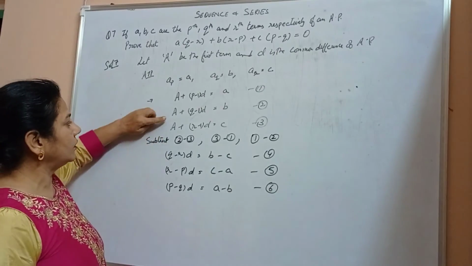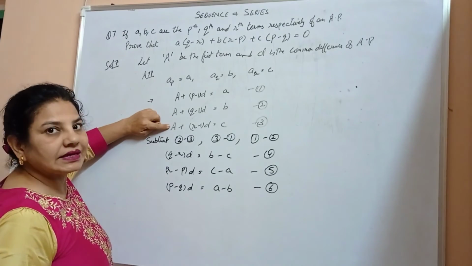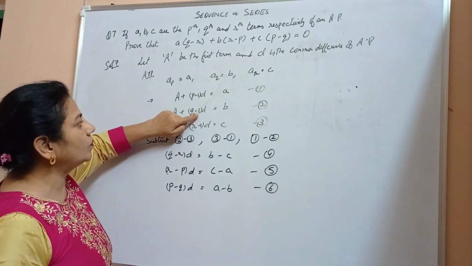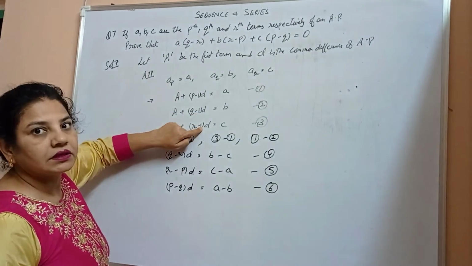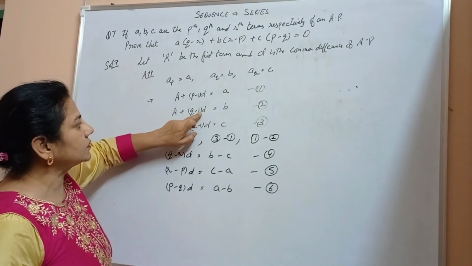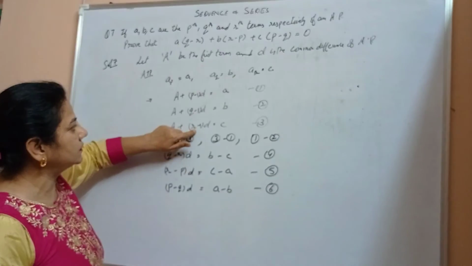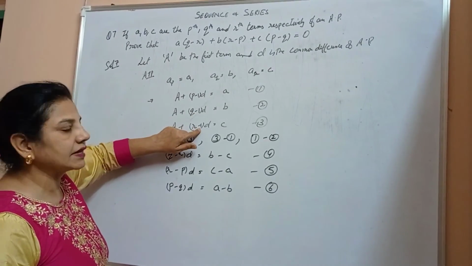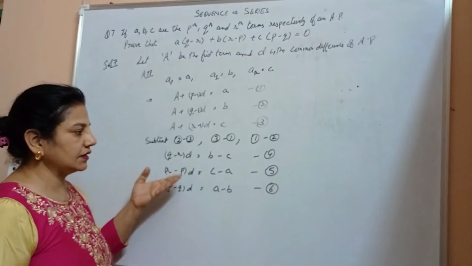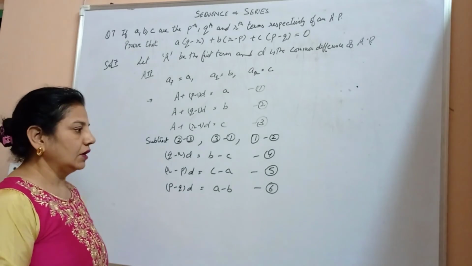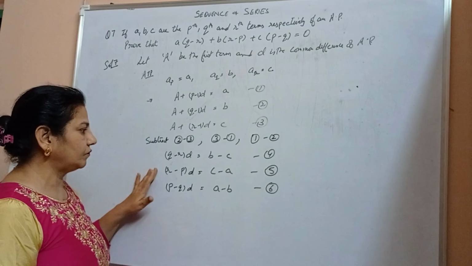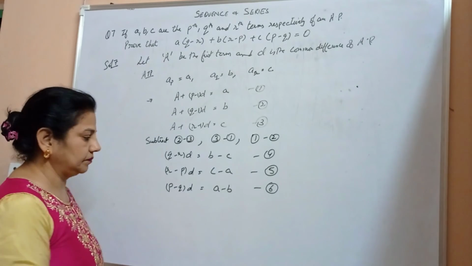See, observe it carefully. When you subtract this, A will cancel out, and Q minus 1 and R minus 1 are the factors of D. So we subtract this, minus will cancel out, we are left with Q minus R and so on, we get the result. Now multiply equation numbers 4, 5, 6 by ABC.